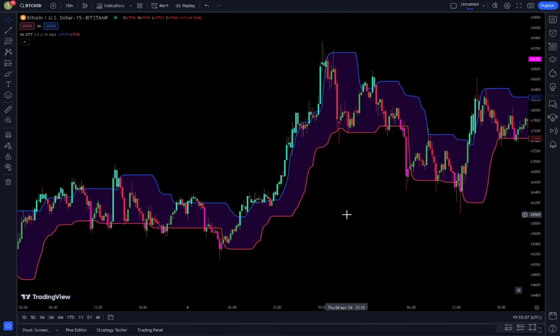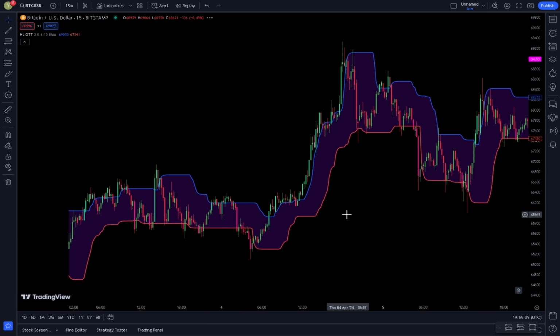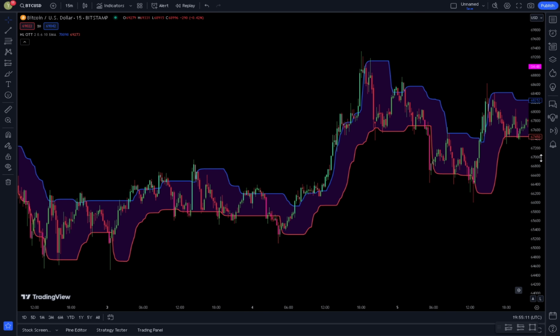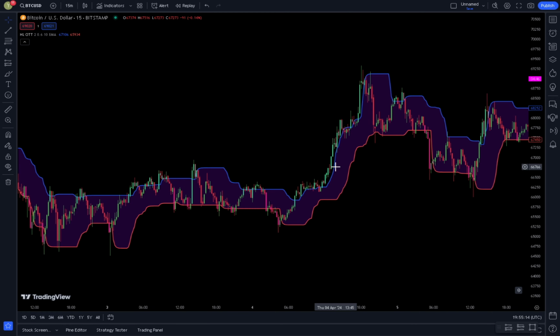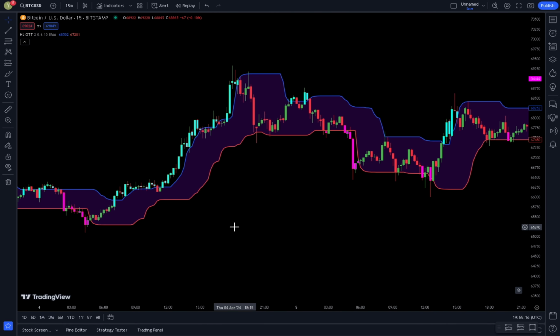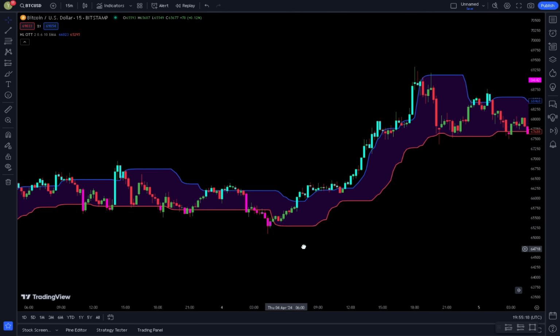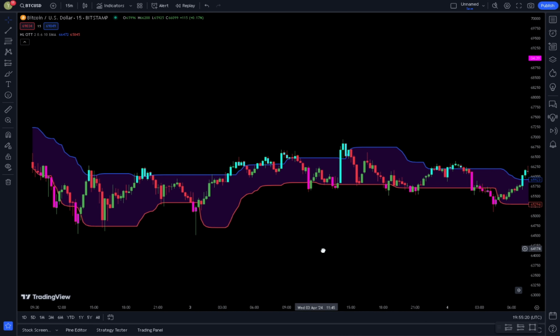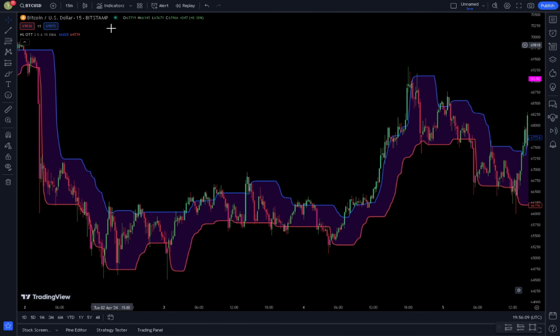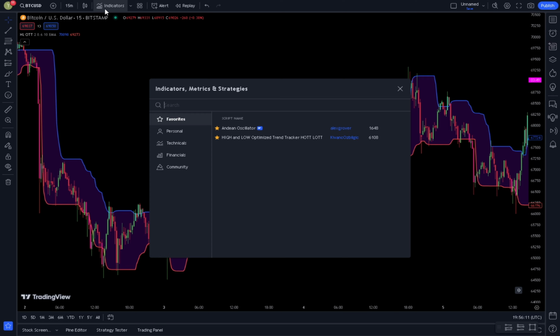If the candlesticks break out to the upside and the candle color changes to navy blue, it indicates a bullish trend. Conversely, if the price candlestick breaks out to the downside and the candle color changes to pink, it signals a bearish trend. Now, let's add the next indicator that will serve as a guide for placing buying and selling